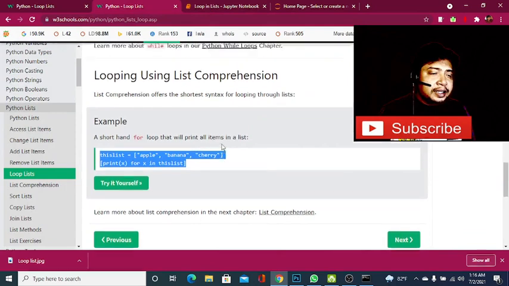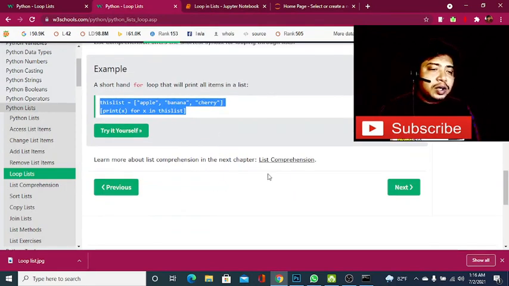Similarly, we will learn about list comprehension, and then we will learn these programs in detail. I hope you have already understood how we can write a loop through a list, and we can use the initializer or incrementer, and how these programs iterate to get the value from a list.